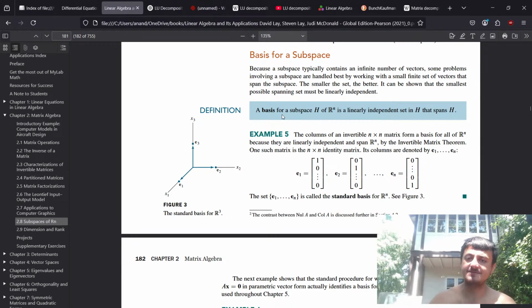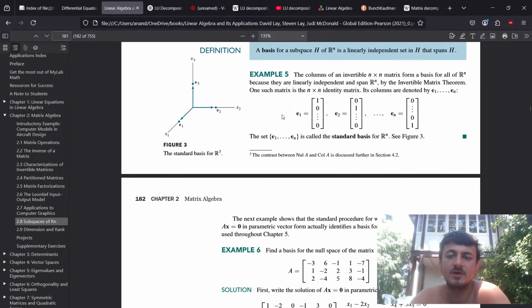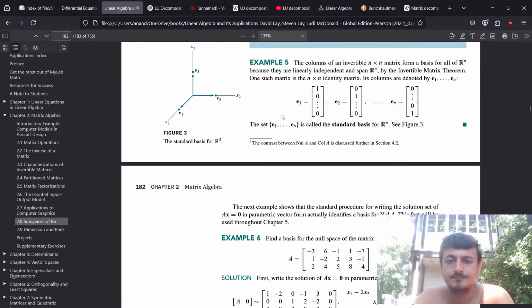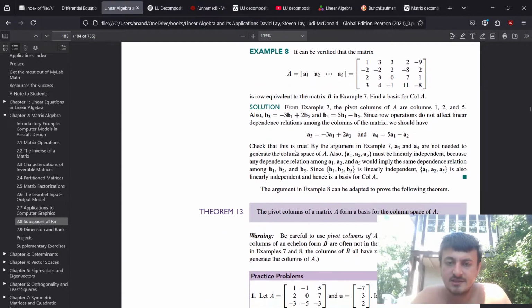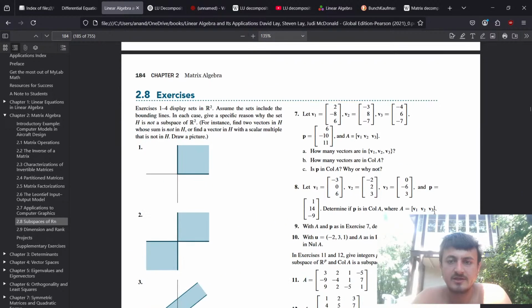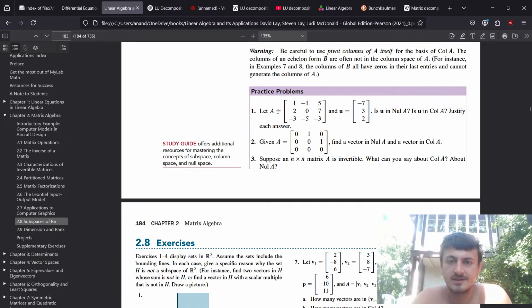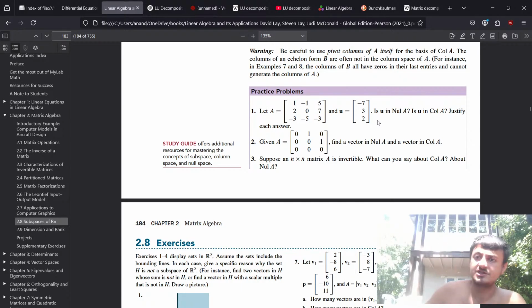Okay, a basis for a subspace is a linearly independent set that spans the set. Okay, cool. Then they define the standard basis. The pivot columns of a matrix A form a basis. Yeah, that's chill. Okay, so this I don't think would be too hard. Let A be this matrix and U be this. Is U in the null space of A? So that means that if we did this matrix vector multiplication,